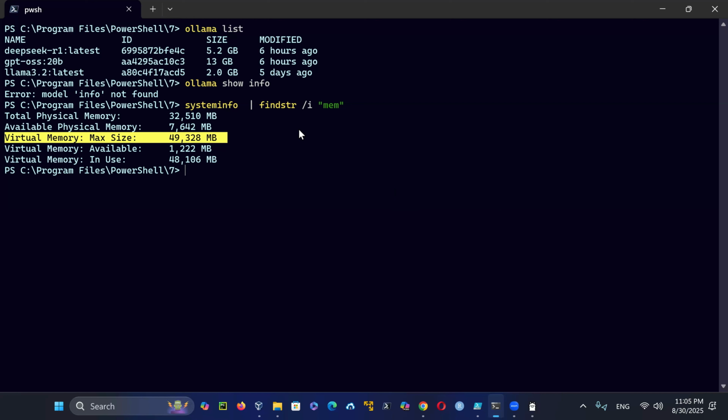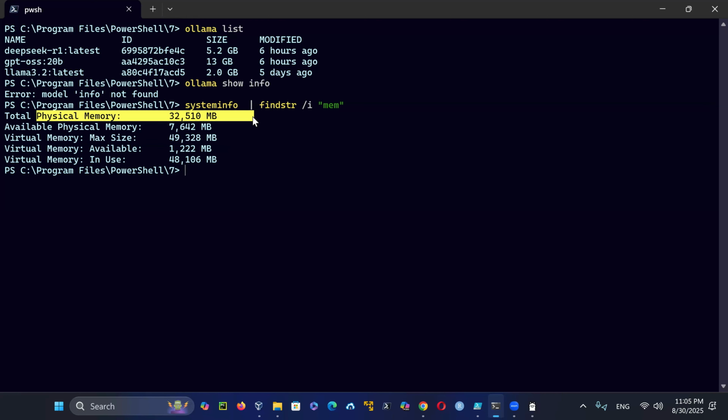So the virtual memory, once you turn off your computer, it doesn't exist. It's based on virtual. It is not real, right? But the physical memory is real. This is what hardware-wise I have, 32 gig. So from this 32 gig, now it says virtual memory is this, how much available of physical memory I have after operating system is loaded and all these applications that I'm running, all of them,